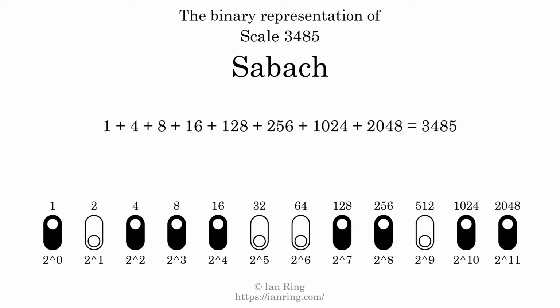That is why the scale number, in decimal, is 3485. The scale number not only enumerates the scale with a unique index, but it also literally describes the tonal content of the scale. Represented as a binary number in base 2, the scale number is